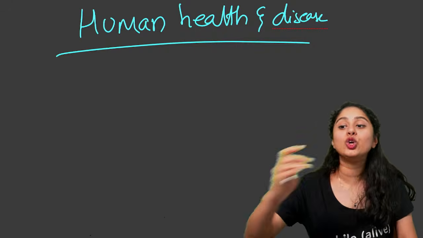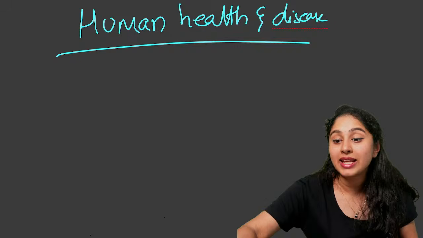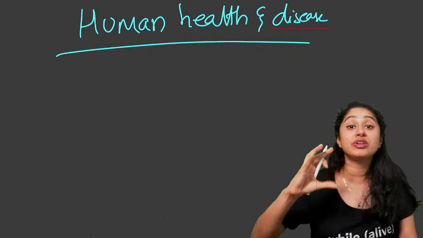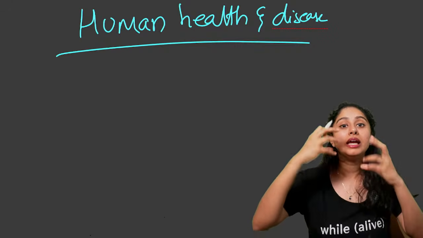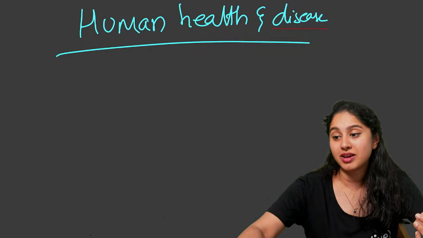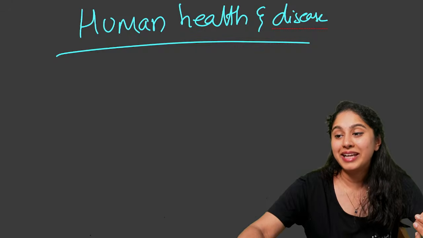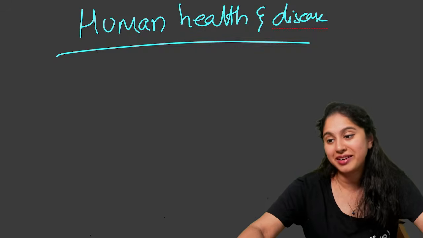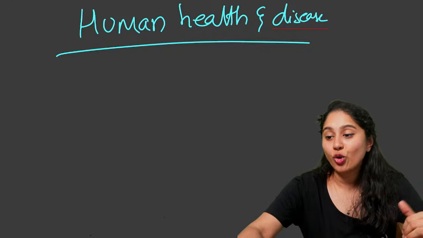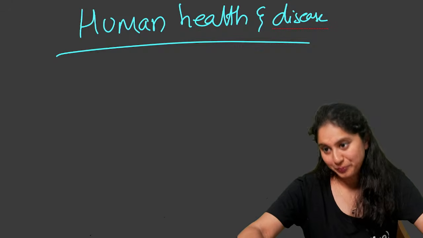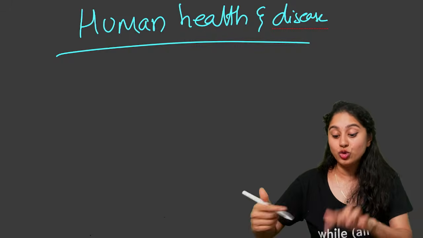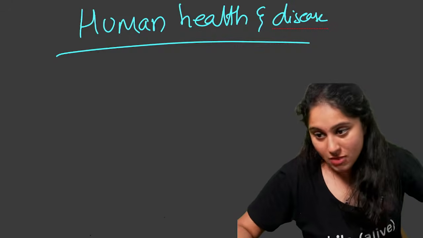So when you look at human health and disease, it's a very, very simple chapter and I'm going to teach you in a way that you will remember it very easily. So listen to my explanation. Some people ask me, ma'am, can I just directly see the slides once you send it in the Telegram group? But that will not work, because most of the things I don't write, I will be explaining here. Which is what I want you all to analyze and understand, so that you don't make a mistake in your exam. Okay, clear, everybody?